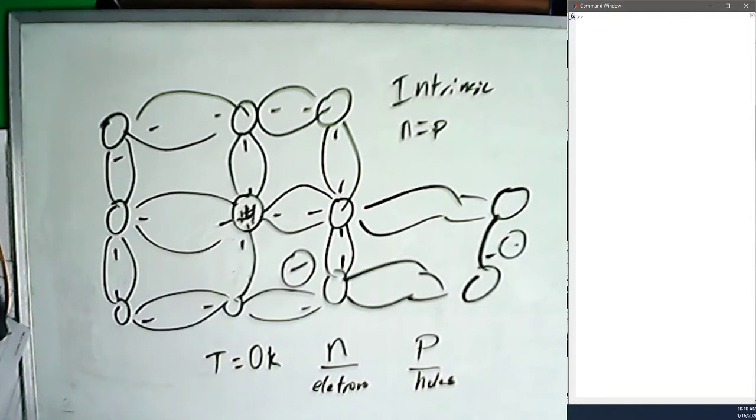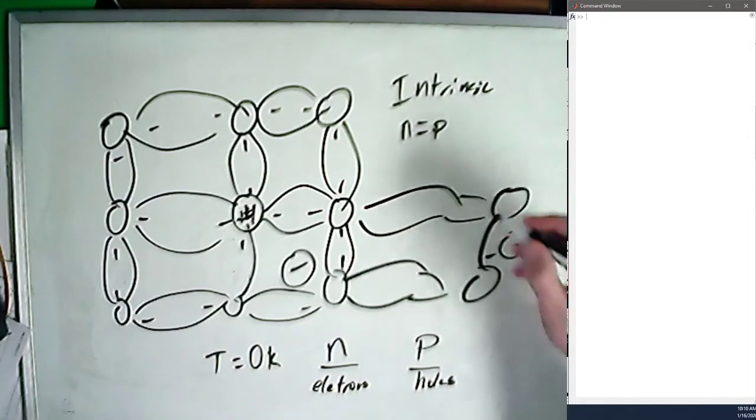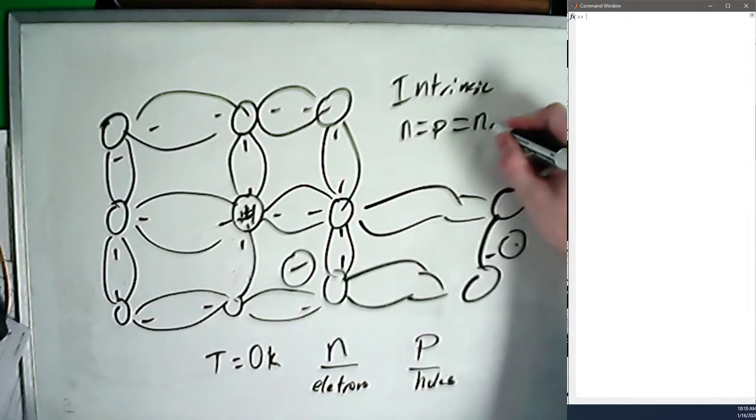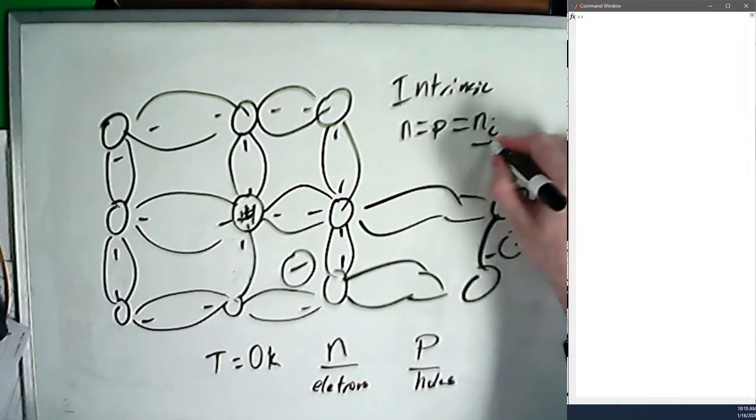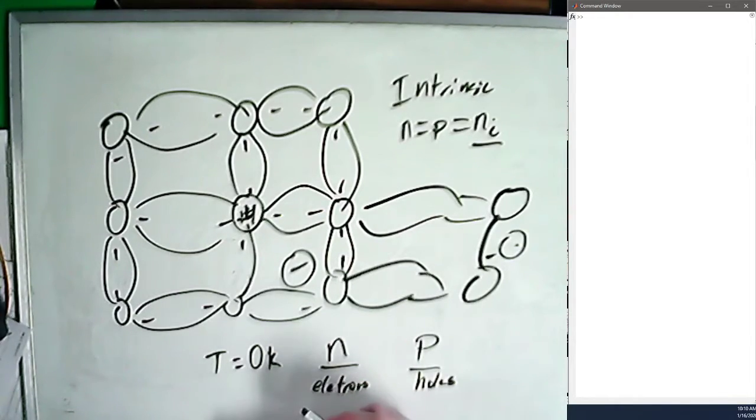This is different than copper. Copper has more electrons than it knows what to do with. And so we can continuously shove electrons in, and it shoves electrons out. This is different. This will suck in electrons and pop them out as we put them, but it always has the same number. In fact, we call this number Ni for the number of electrons in an intrinsic piece of